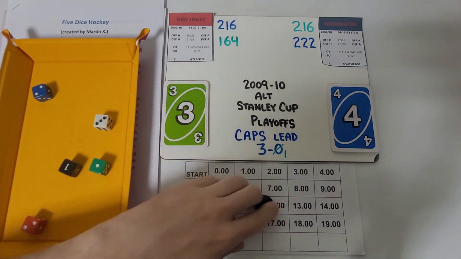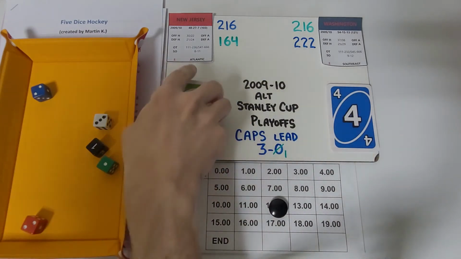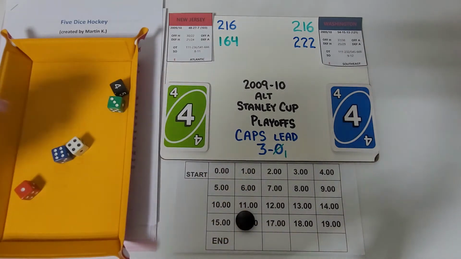Okay, another minute gone by, and it looks like we have another goal, though. And look at this, New Jersey with a 1-1-3. Covey and Ovi trading blows, or trading goals at least. And so we have a 4-all game now with 8 to go. And we're going to take half of those 8 minutes. We're up to 16, and